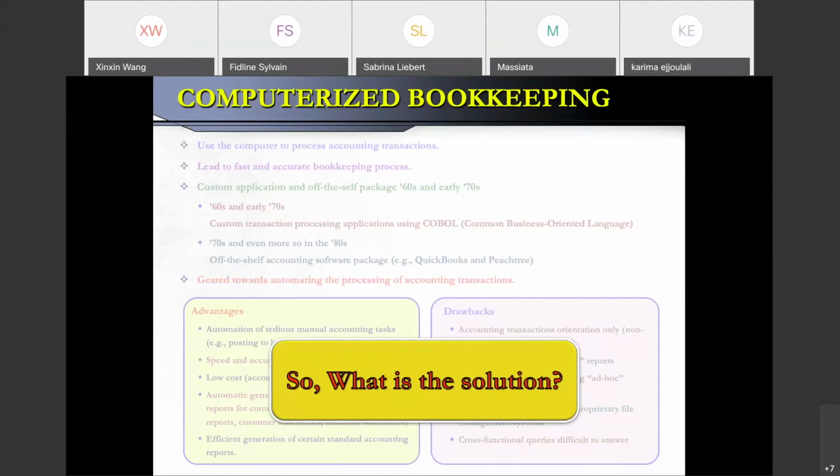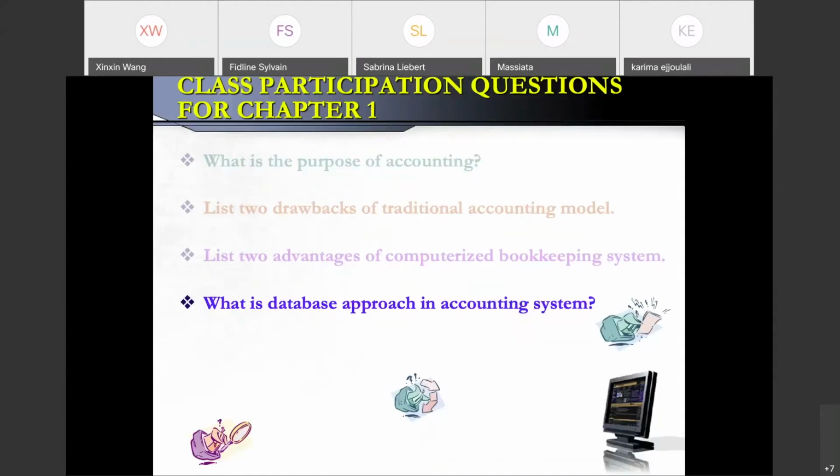So this class is actually providing the solution for this dilemma. This is the last question that we have for this chapter: database approach in accounting systems. So basically in this book, we're going to talk about relational databases, and we're going to use Microsoft Access. We're going to use this to build up the relational database. And this is the approach to solve these dilemmas